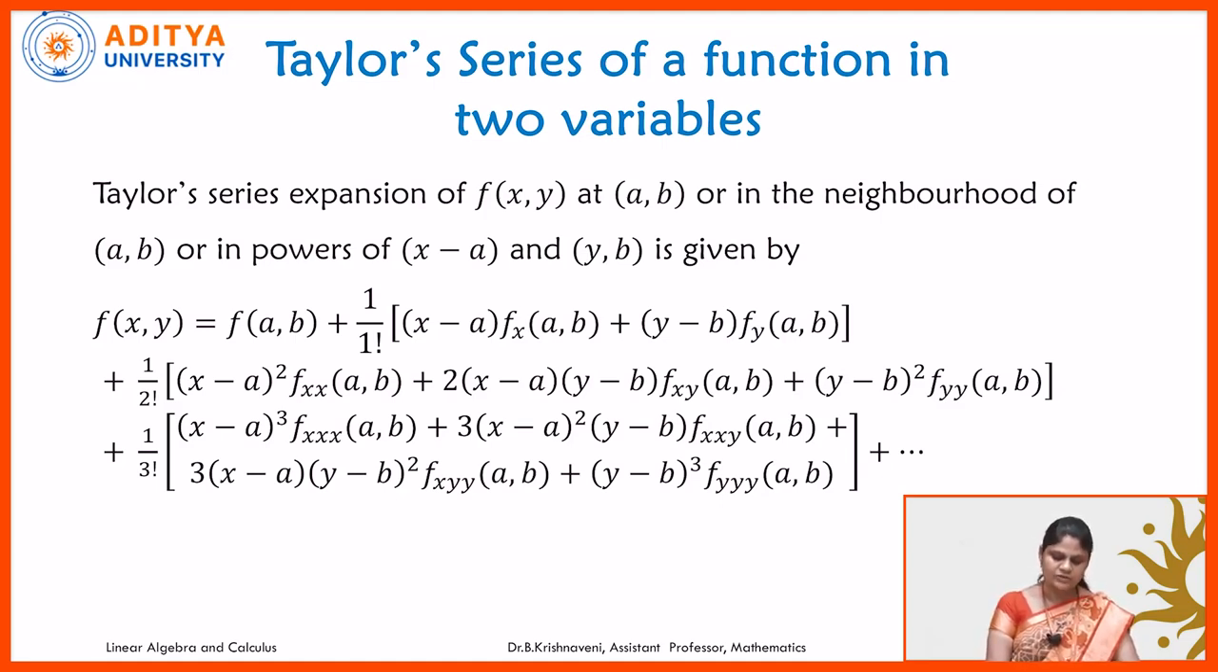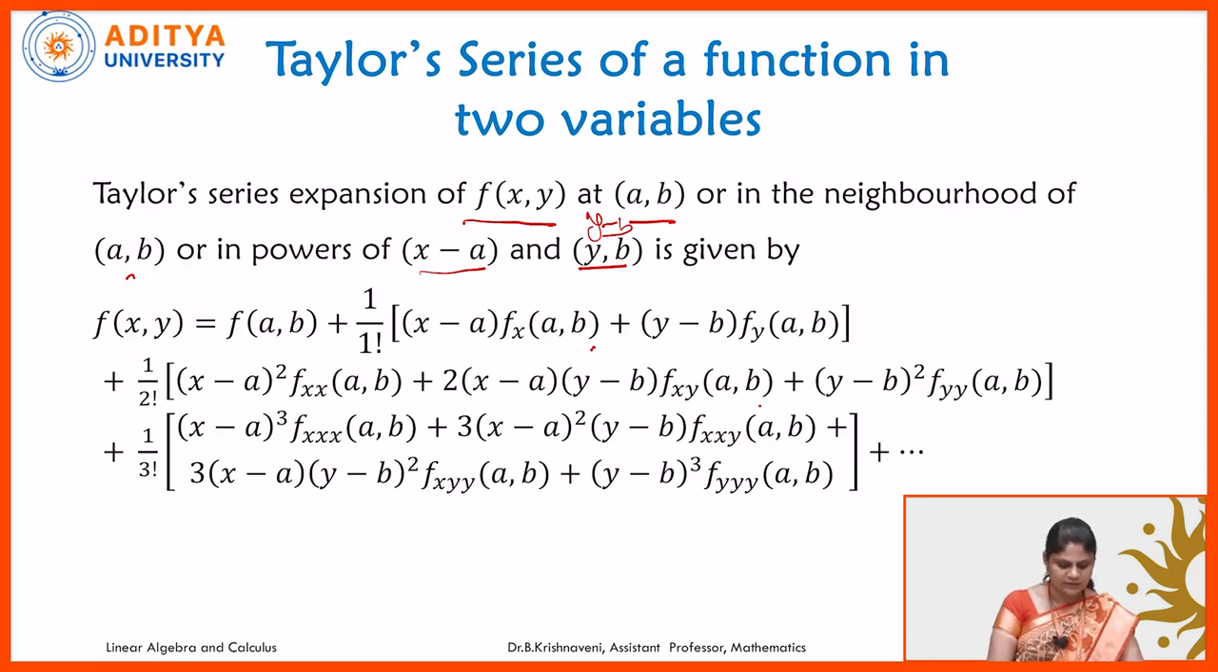The Taylor series expansion of the function f(x,y) at (a,b), or in the neighborhood of (a,b), or in powers of x minus a and y minus b, is given by f(x,y) equals f(a,b) plus 1 by 1 factorial into (x minus a) fx(a,b) plus (y minus b) into fy(a,b) plus 1 by 2 factorial into (x minus a) whole square fxx(a,b) plus 2 into (x minus a) into (y minus b) into fxy(a,b) plus (y minus b) whole square fyy(a,b) plus